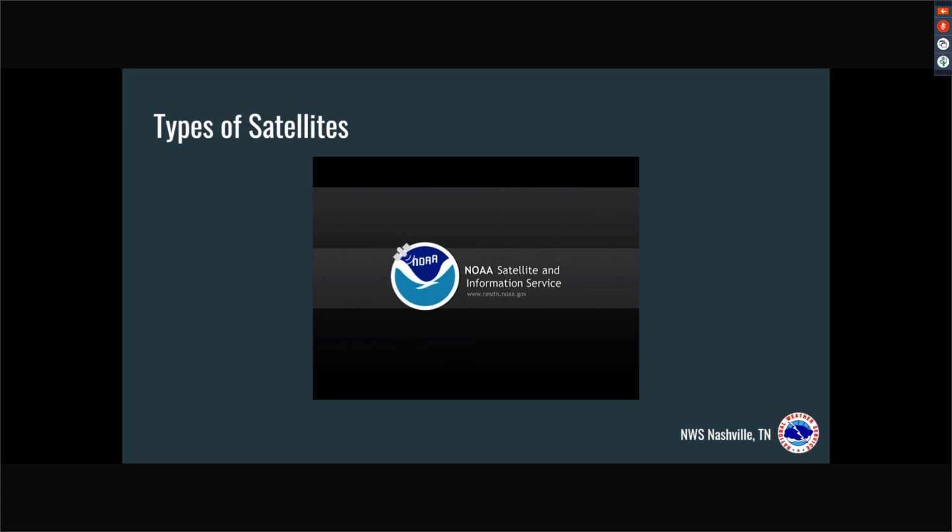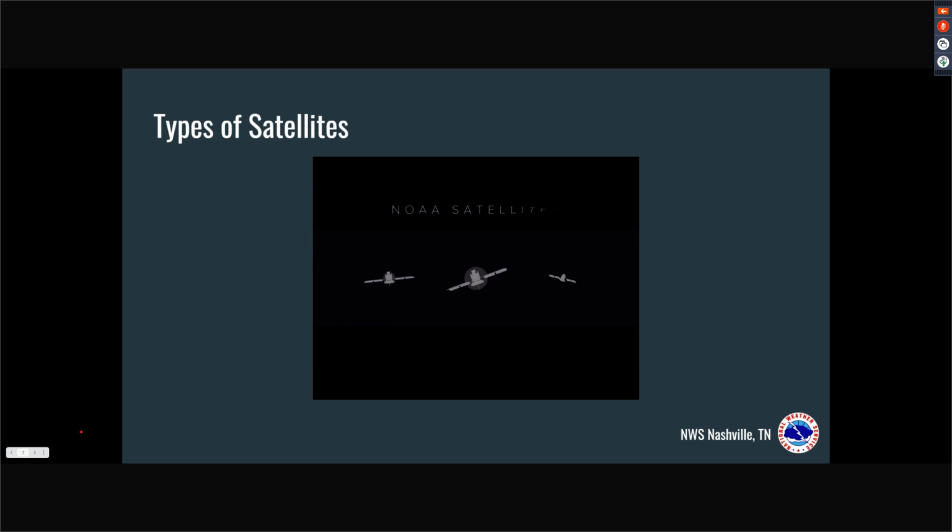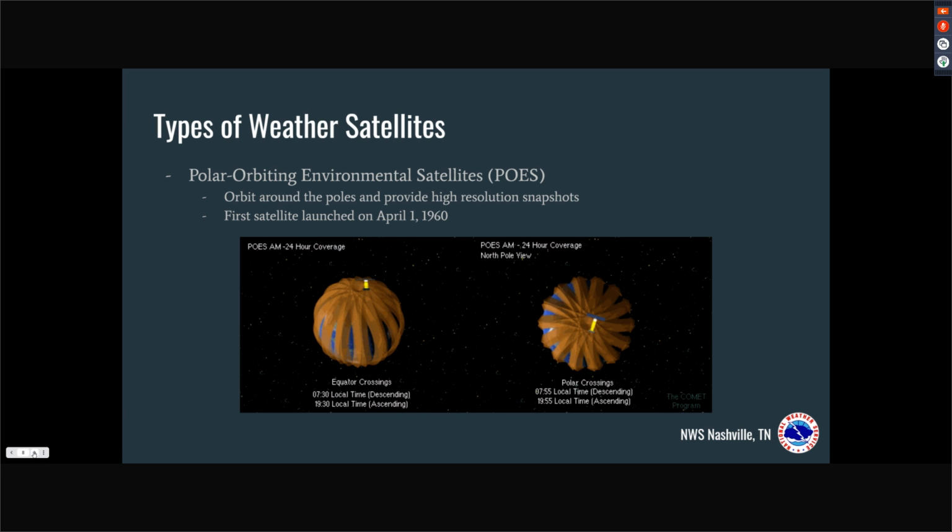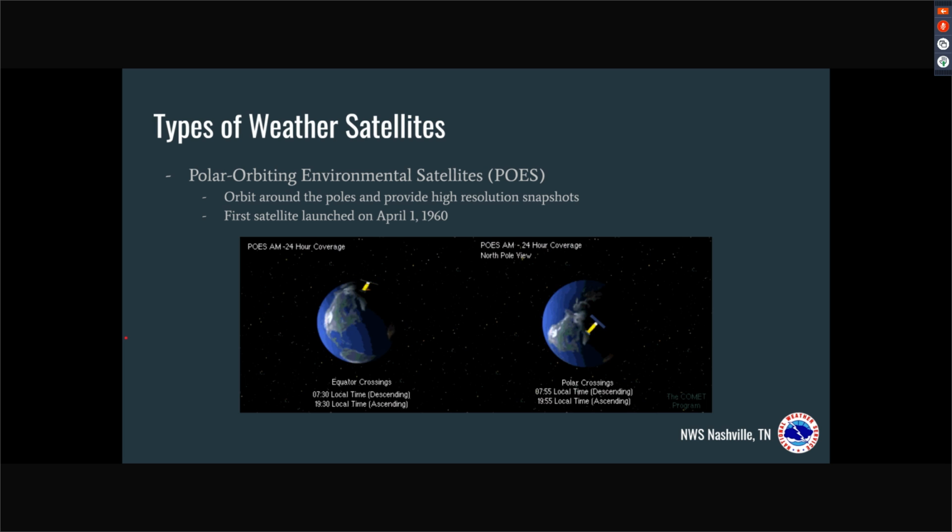So while we do have satellites in orbit, we aren't the only ones. And we do rely heavily on some other countries' satellites. I know later I'll talk about that we partner with Japan and their Himawari satellites. NOAA operates three types of satellites. So the two satellites that I'm going to briefly touch on are POES and GOES satellites. As you saw in the video, we do have a POES satellite, which is a polar orbiting